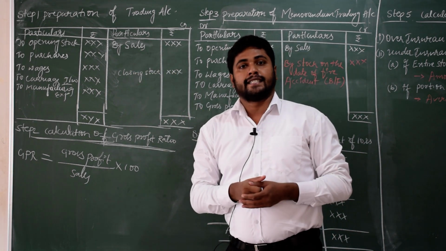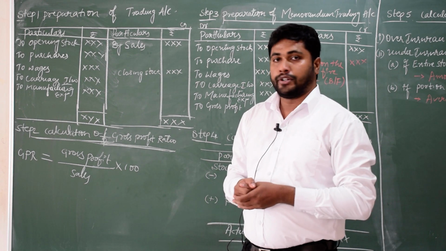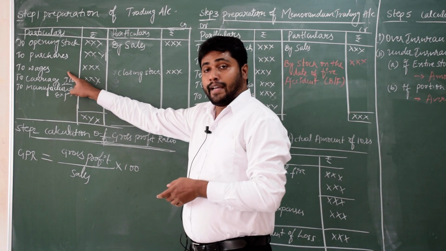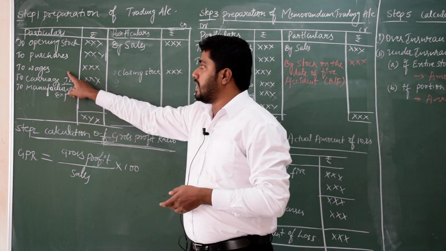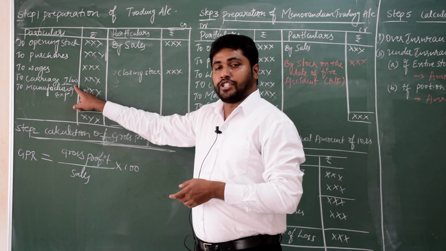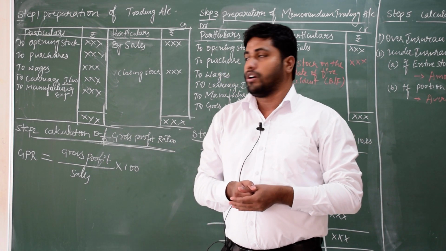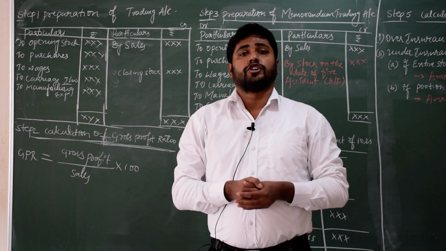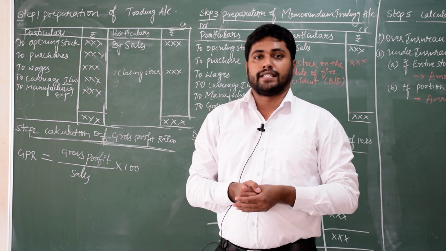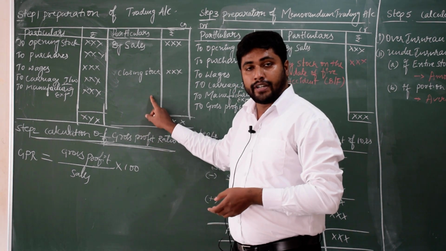While recording purchase and sales, we need to deduct the purchase returns and sales returns in order to calculate net purchase and net sales. And debit all direct expenses like wages, carriage inward and manufacturing expenses. Carriage inward is nothing but a transportation cost which is incurred at the time of purchase of goods. And here we should not consider the carriage outward, because carriage outward is an indirect expense that is incurred at the time of selling the goods. So, this is the format of trading account.